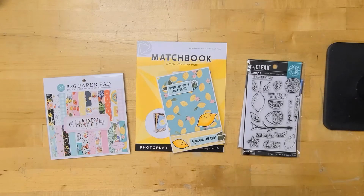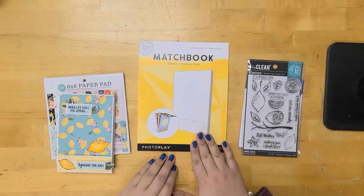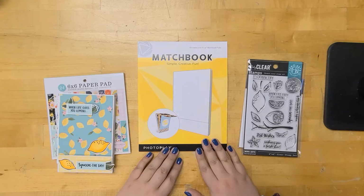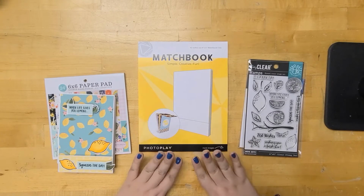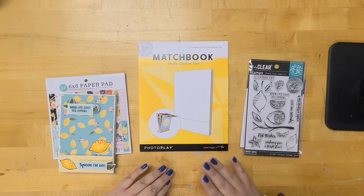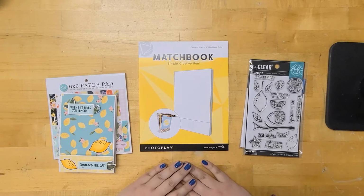I'm so happy to be back filming another video for you all. So today I'm going to be showing you the Photoplay Matchbook. This is one of the many kits that we have in store from Photoplay. There are all different sorts of designs for different types of folios, so be sure to come in and check those out. We already did a previous video on the Photoplay Folio 3, so that's just one of the other